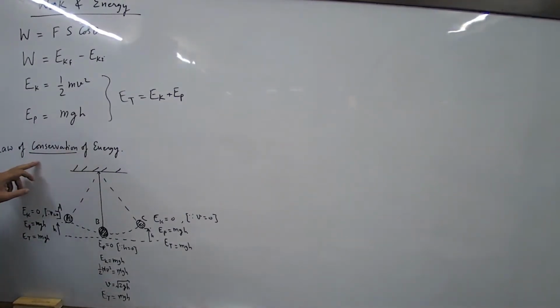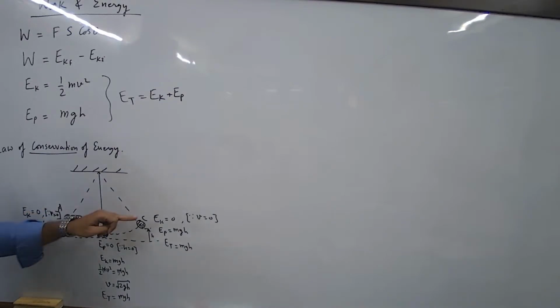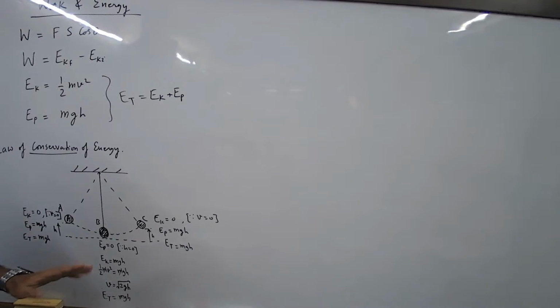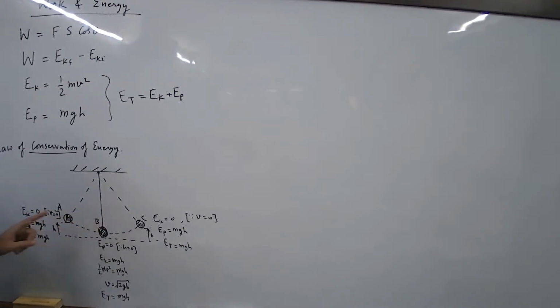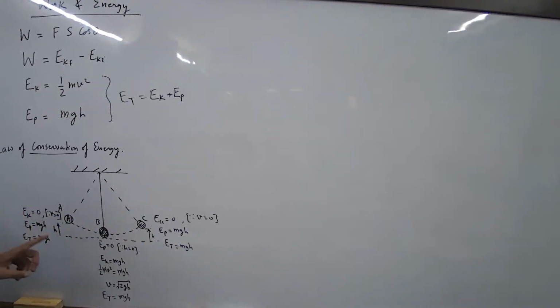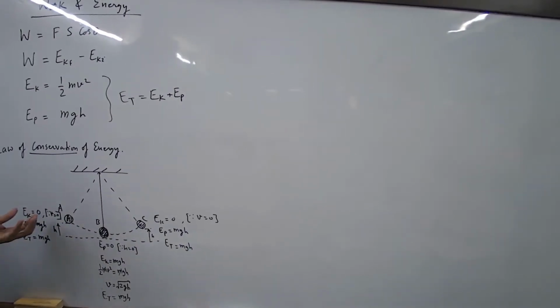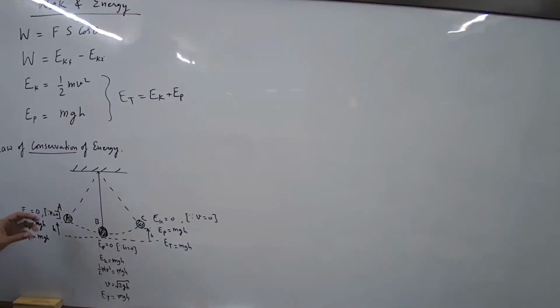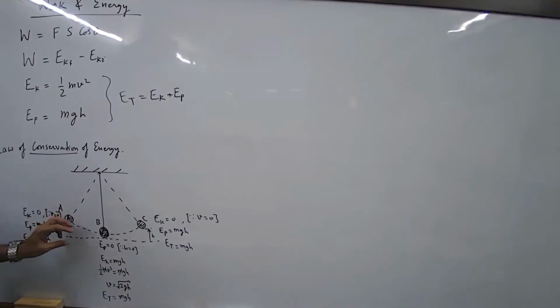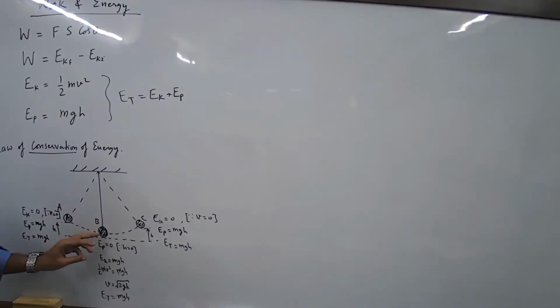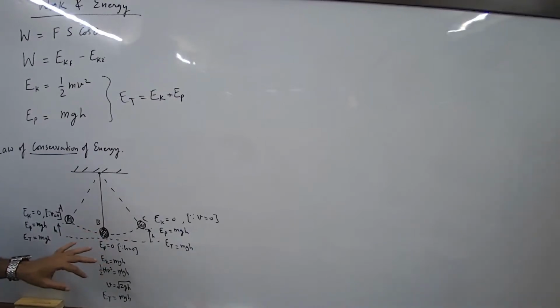Conservation of energy means energy is the same throughout the oscillation at all positions. At extreme position, it only has potential energy. At main position, it only has kinetic energy. But in between A to B and B to C, it has both. And the nature of energy is changing. Potential reduces and gets converted into kinetic. At main position, it totally becomes kinetic energy.